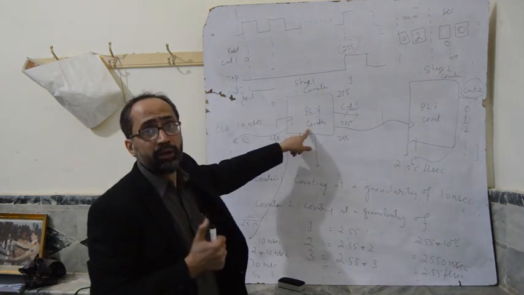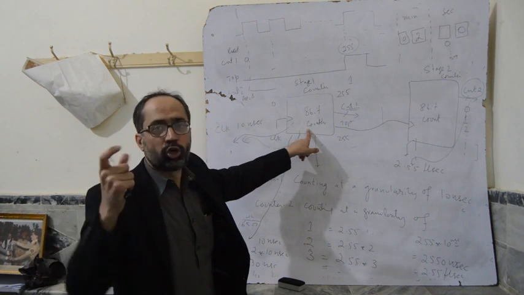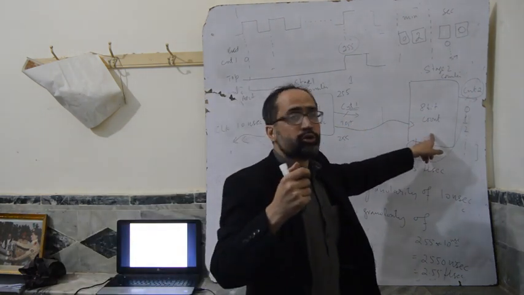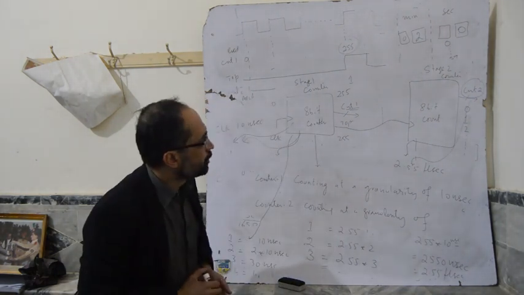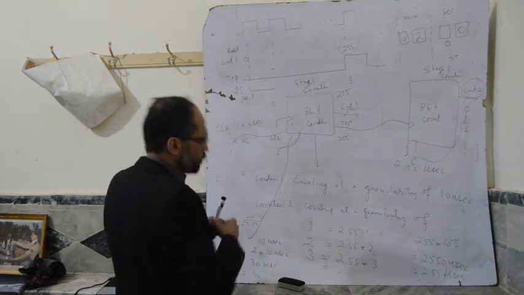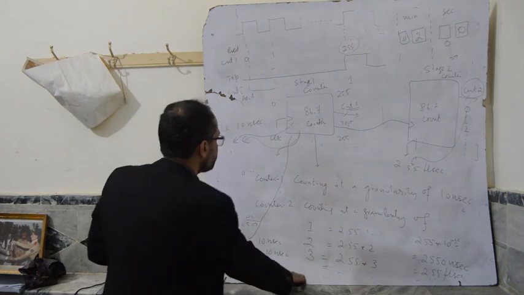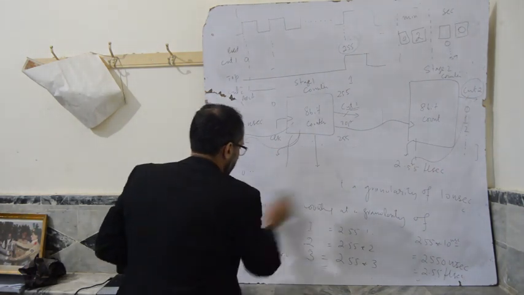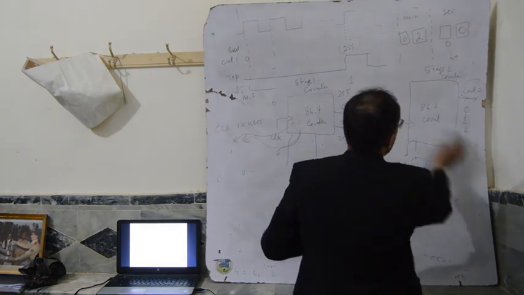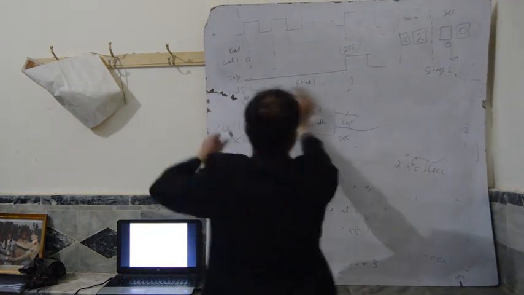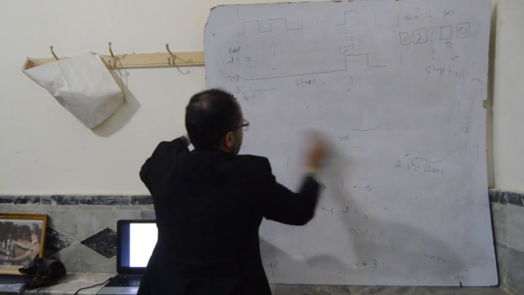So this is counting at the final granularity, a shorter time interval, and this is used at a larger granularity or a coarser time interval. We can also... So now let's assume that if we cascade two 16-bit counters,